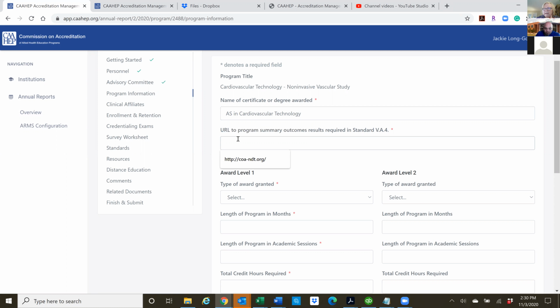Now you put it right in here. And so just the way I found it easier to do, it won't accept it if you just did like the name of your program, your college here. So I just went in, and it's easier to go into where your program outcomes are published and just copy the URL and then paste it here.